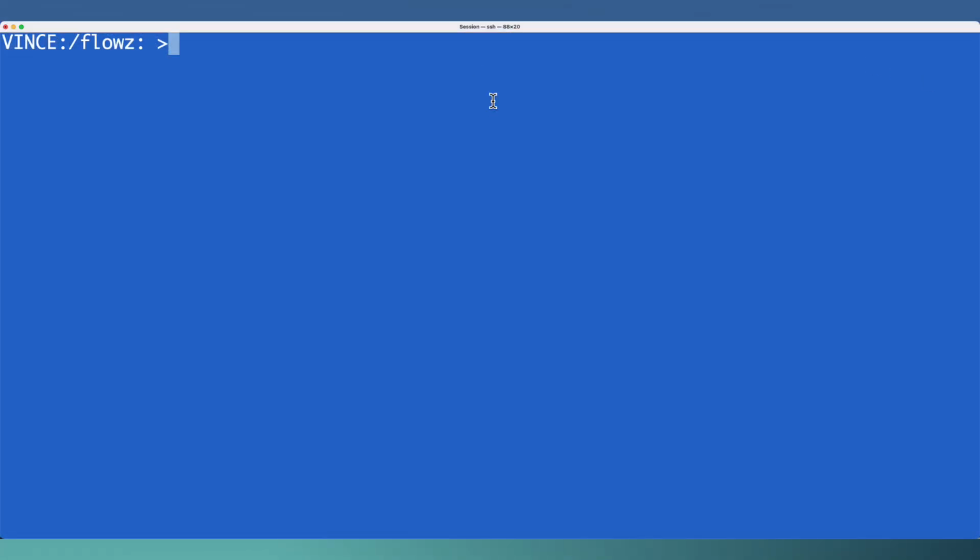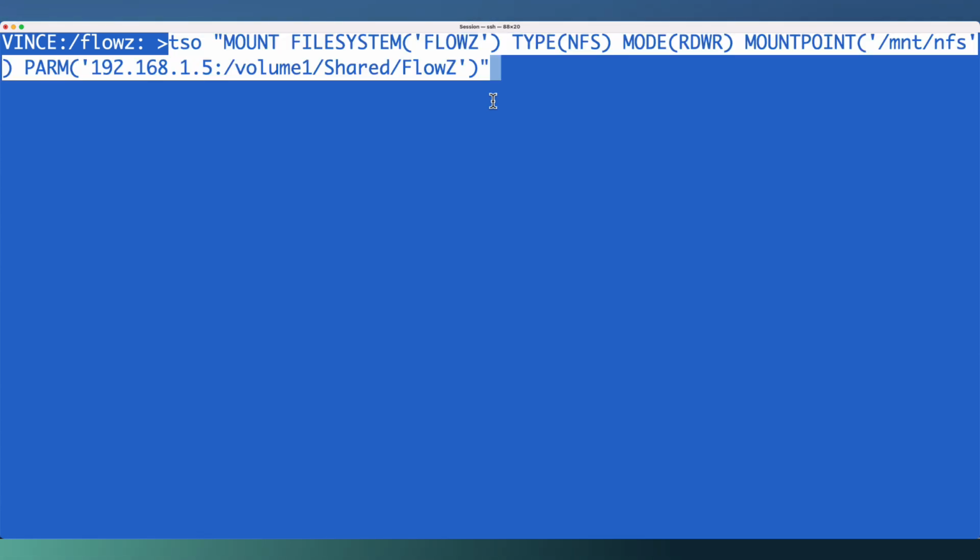Now, back on my shell session, I'm going to do a little bit of setup work on z/OS. Probably the most important thing is I'm going to connect my mainframe to that folder that I just created. And this is done with a normal mount command. I can specify whatever file system name I want. That's just a logical name that z/OS is going to know this file system by. And, as I mentioned, it's NFS, so I'm going to specify that. I'm going to specify that I want read-write access. I'm going to specify where it appears in the z/OS file system,